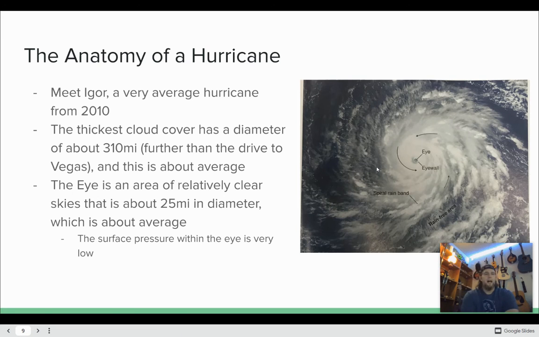So anyway, this is Hurricane Igor. This was an actual hurricane that existed, and we get to see some of the parts of it. We want to talk about the anatomy once again. This was a very average hurricane. It isn't one of those Katrina-sized ones or Hurricane Andrew-sized ones. This is just a very mediocre, very average hurricane. And what we do when we